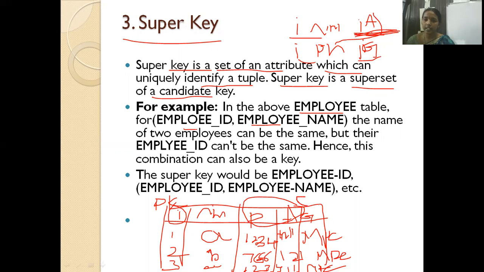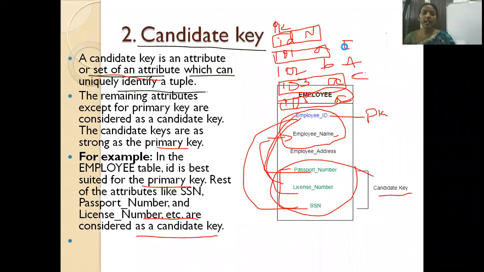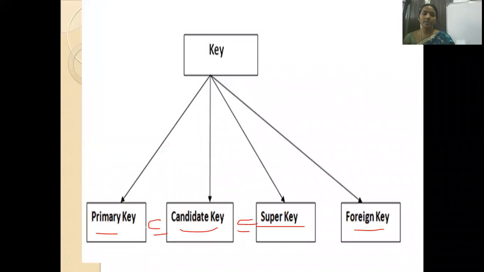So that is the candidate key. Super keys are ID name, ID phone number, ID Aadhaar card, ID group. So all these are the super keys. So primary key is 1. Super key is any number of super keys. Out of the any number of super keys, minimum one is what we consider as the candidate key. So that's what I'm writing here. Primary key is a subset of candidate key, which is a subset of super key. That means if a key is a super key, it may be a candidate key, it may be a primary key. But vice versa is not possible.